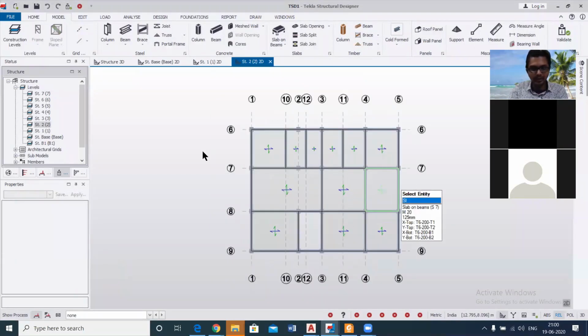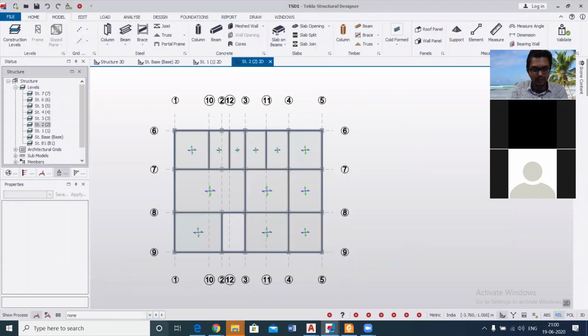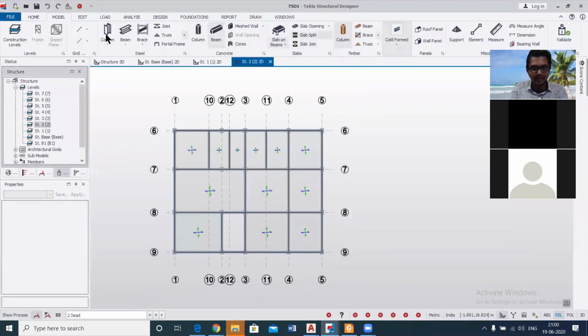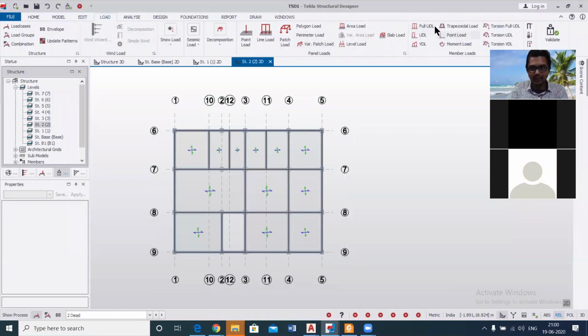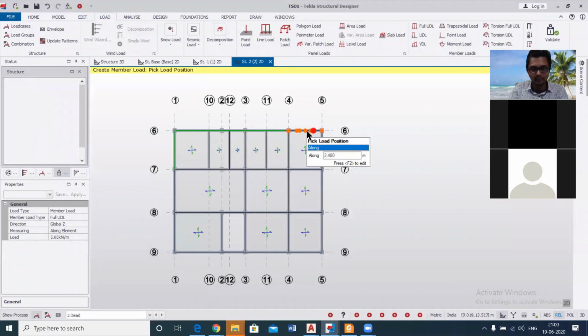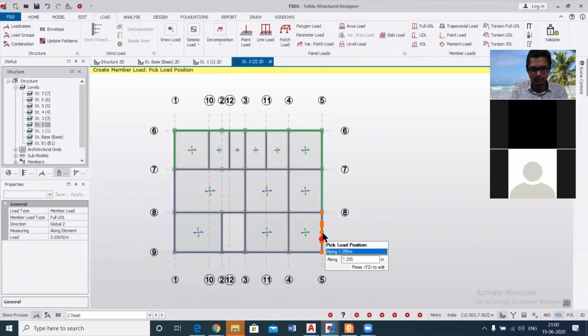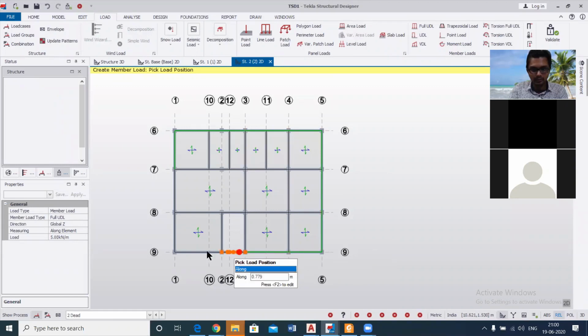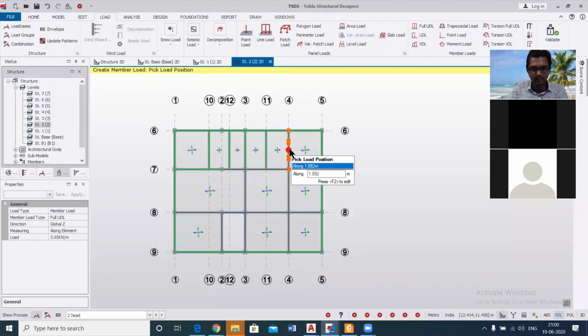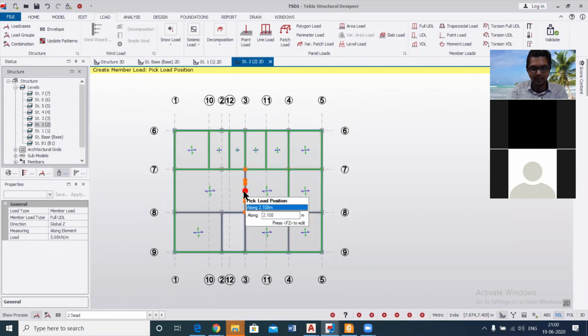In this level also, we can go back, select our dead load, go to our loadings, select the full UDL, and then provide the loads. So here I'm providing the loads of the walls on our beams. Because our walls act only as a partition, they don't bear any loads.